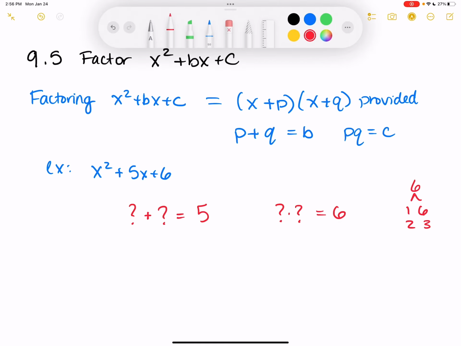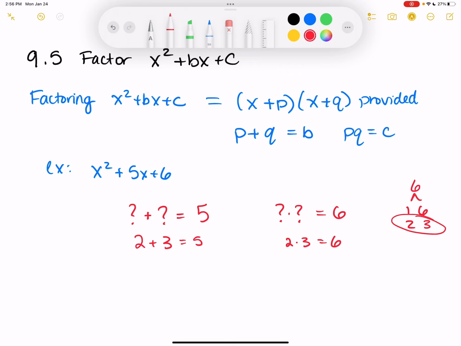So those are my only options to be multiplied to give me 6. Which of those set of numbers adds up to give me 5? 2 and 3. So that's going to be the set I'm using. So 2 plus 3 is equal to 5, and 2 times 3 is equal to 6. So once you find those numbers,